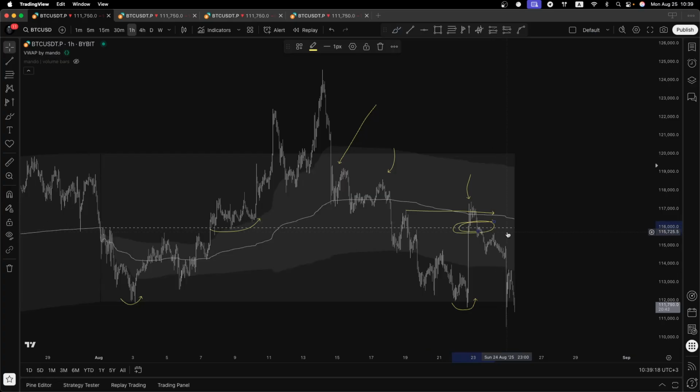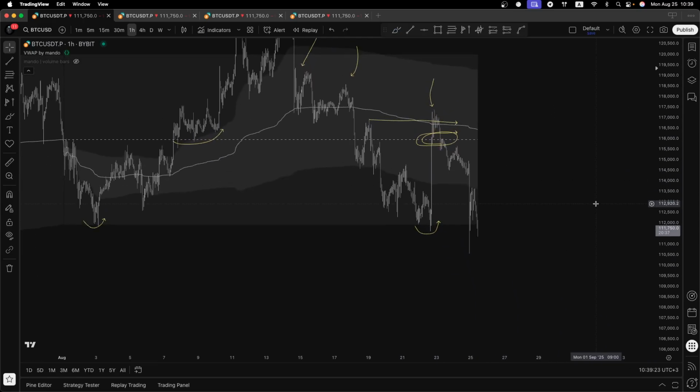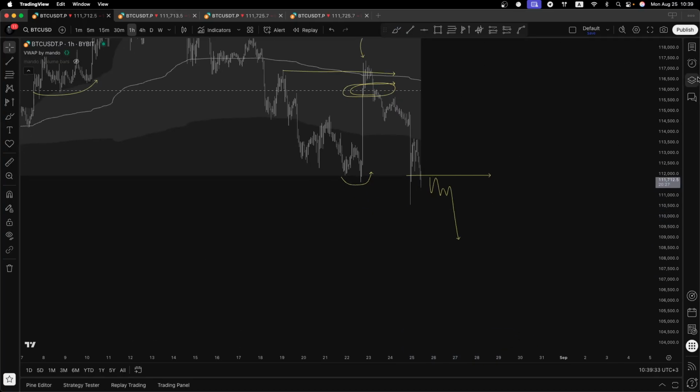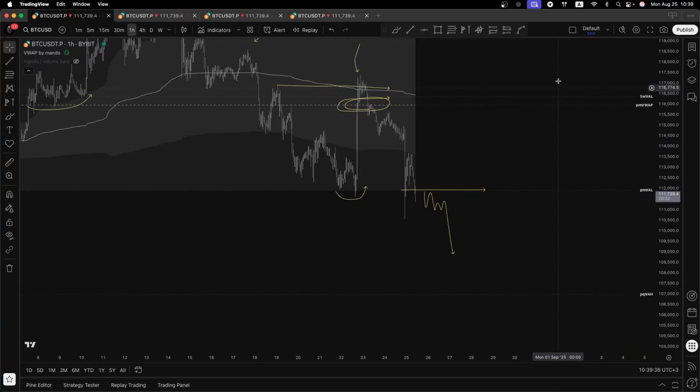This is actually kind of showing us rejection of value, and the main thing we need to focus on right now is acceptance below this level. Acceptance below this level, and we go mega short because the next level that we have in mind is 107. So a short from 112 to 107 will be really good. Else we need to see some lows forming, some lows holding right here for a potential bounce towards